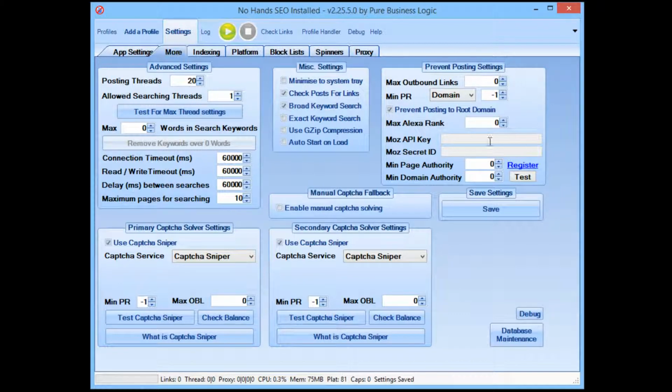Here we have the prevent posting settings. This is to make sure that you are only getting quality links. Now there are more controls like this to be added, but currently there is not a single other tool on the market that has this many quality controls. Okay, so that you can limit by how many outbound links that the